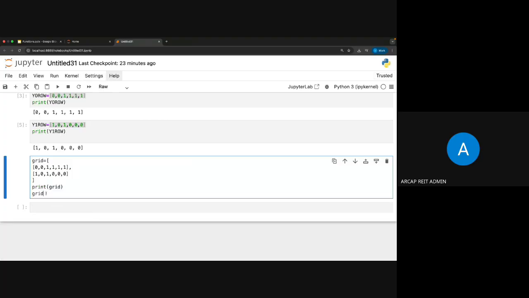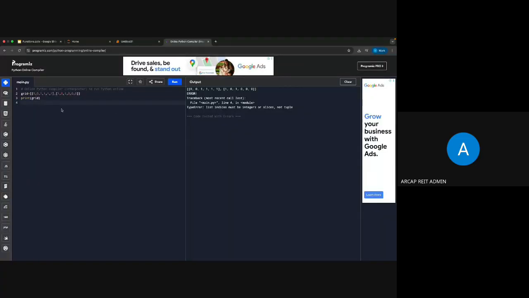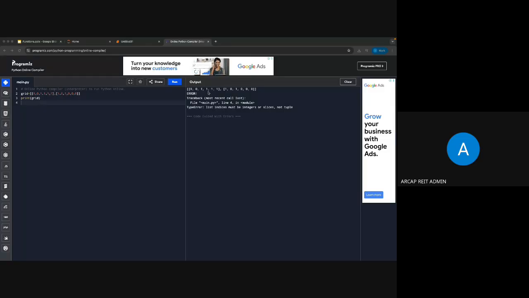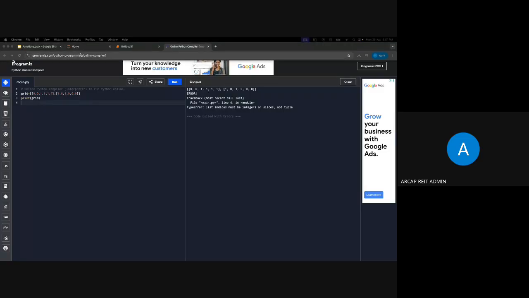So if I want to print some 0 0 values, the first one is executed, okay? Line 4 is not working, that's no issue, but this print of grid is working, where it is having the list of lists, right? So in the same manner,